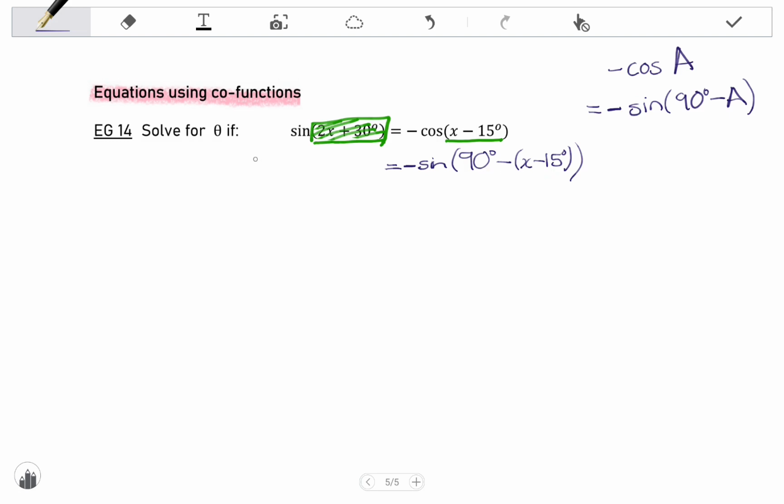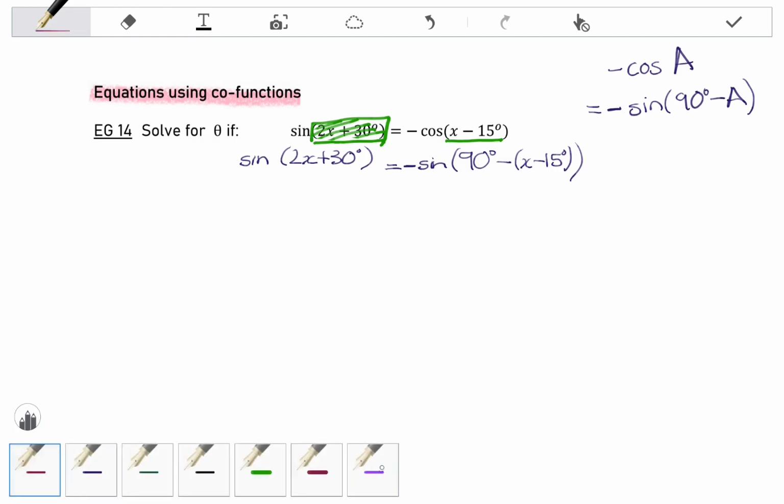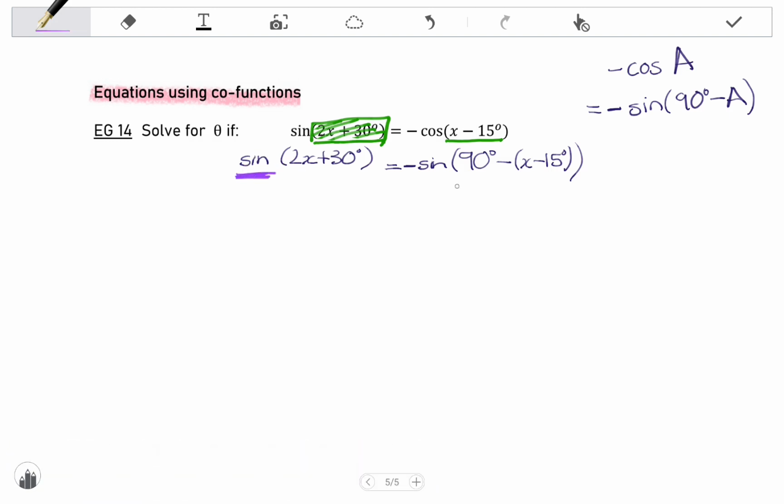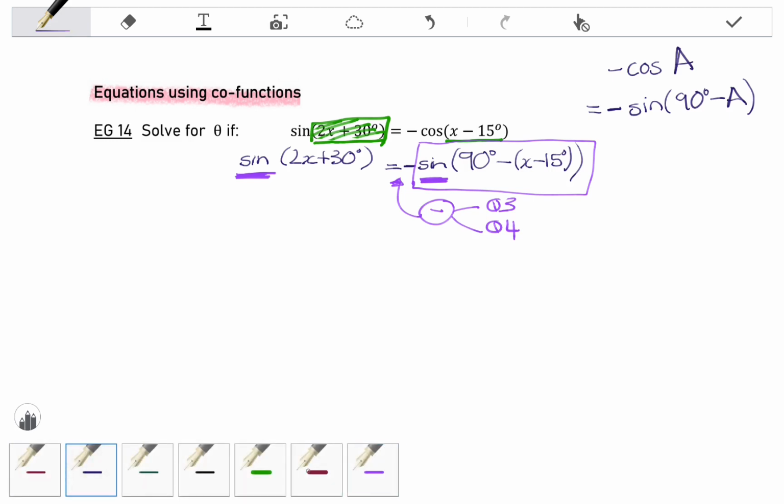So what I have on the left hand side is still sine(2x + 30°). But if I look carefully, I have sine and sine. The angles are different, but I can now equate them. Now remember that the positive or negative tells me which quadrants I'm going to work in. Because it's negative, sine is negative in quadrants 3 and 4. So that is where my general solutions are going to lie. So in quadrant 3,